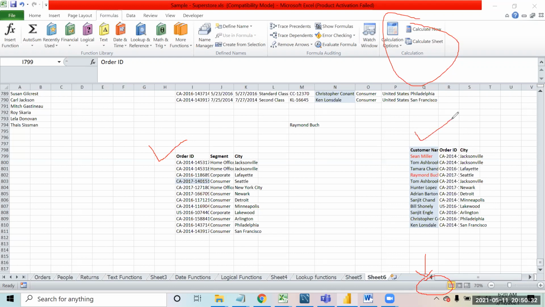Just think of the scenario. You had to apply index match over here, and then apply index match over here. And the data was huge. So when you apply the formula, Excel will start doing the calculation, correct? Excel will start doing the calculation.